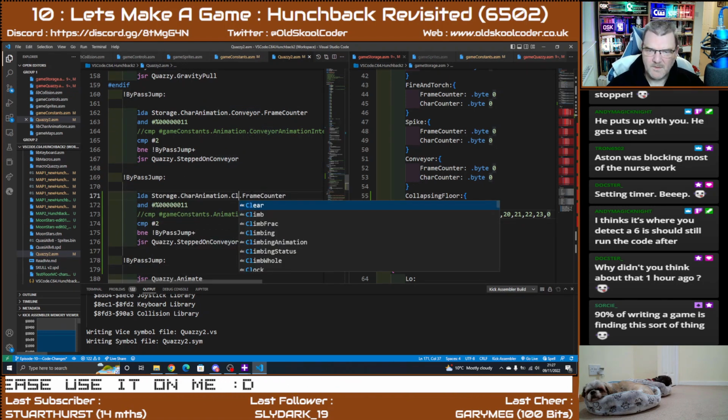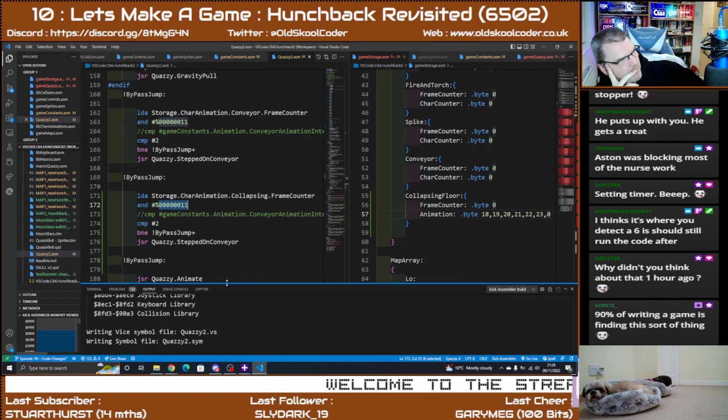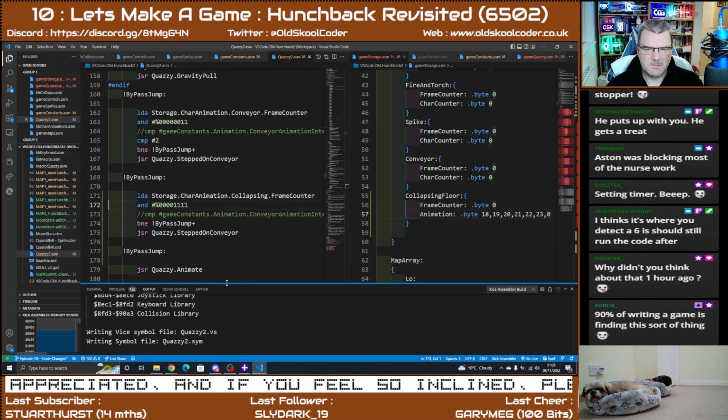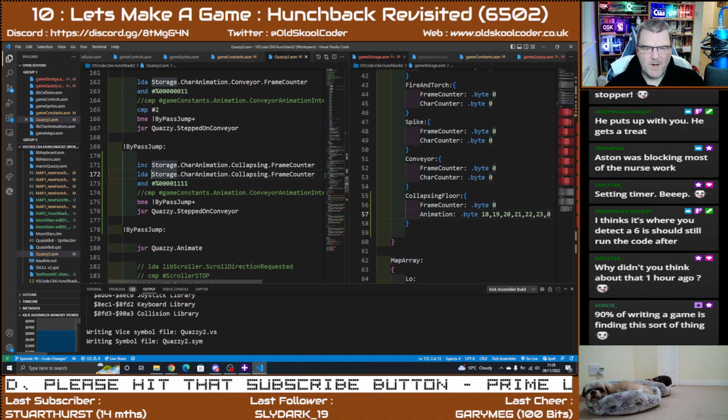So this is going to be collapsing. Frame counter. What should we do this as? Let's make it slow. Right, so end it with that. Branch, if not equal to 0, that's okay. If it is equal to 0, then we do our